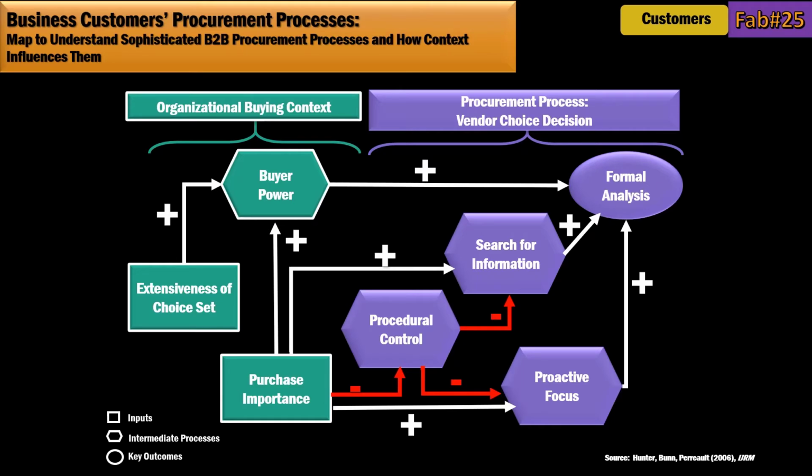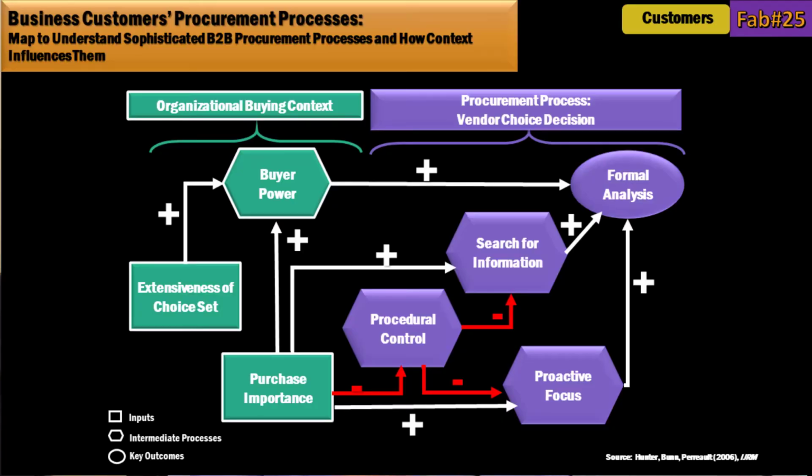This is more general, in terms of saying, okay, what are some of the buying context things? What are some of the things, in terms of the context, that influence buyers when they're developing their solutions? So, extensiveness of choice set. How many different choices do they have? How much power does the buyer have? You hear a lot of this kind of stuff in strategy terms. Buyer power is a big part, for example, of Porter's 5 Forces model. If you study strategy as an MBA, you'll see that that's an important component. How important is the purchase itself that the buyer is making? So there are contextual things that are going to impact the procurement process.